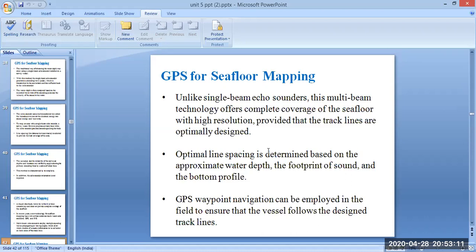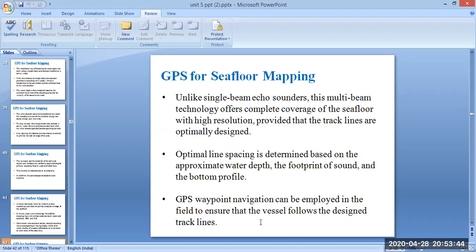So when we are using multi-beam, it can provide complete coverage of the seafloor. But to provide this, the optimized track lines have to be designed. Optimal line spacing is determined based on the approximate water depth, footprint of sound, and bottom profile.